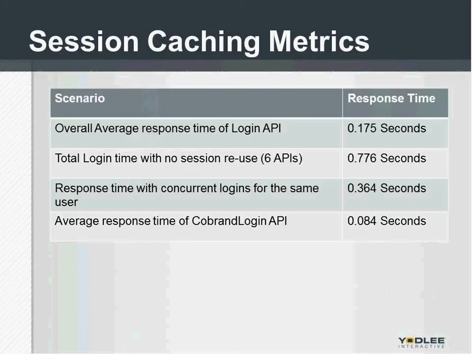So we want to make sure we provide metrics to support all of the tips we have. The overall response time for the login API call is 175 milliseconds. This is across our entire network and all the millions of login API calls that get made per day. That's decent, and for most customers that's pretty acceptable. Anything under 200 milliseconds is going to go unnoticed. However, I would like to eventually get that down to 50 milliseconds, but